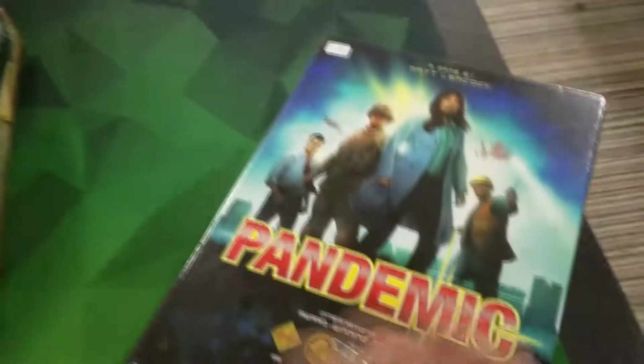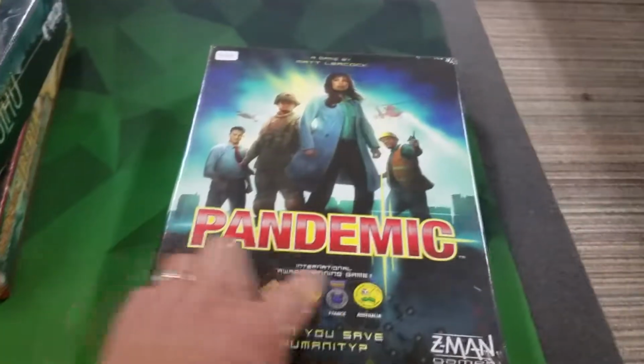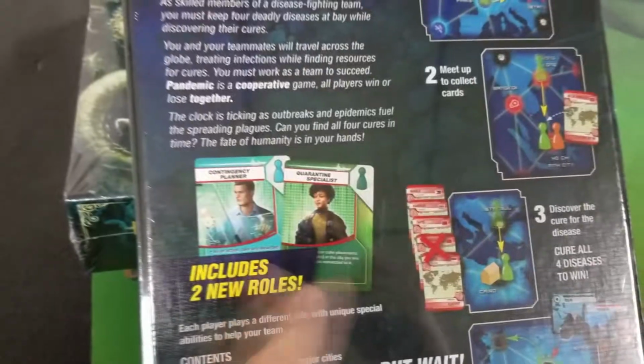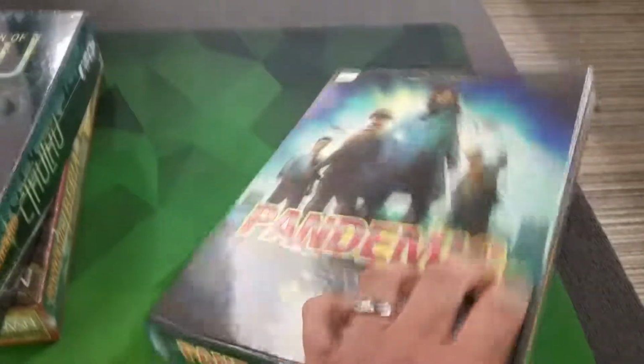It pits you and up to 3 other friends in a mission to save the world from, as you might guess, a pandemic, from different types of diseases. I'm doing a terrible job explaining it right now, but here's the world map. These little cubes represent different diseases. Everybody has a role to play that helps you defeat the disease. Basically, you have to cure these 4 diseases from the world before they spread to epidemic level,